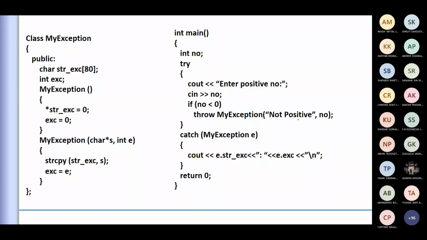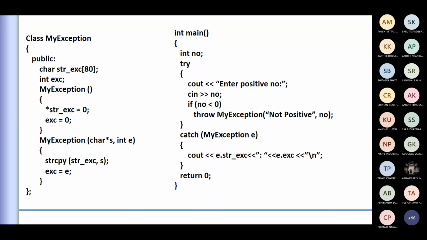Now what happens is this is your created object of MyException. You directly call the constructor method and pass the string, because this is the statement it is going to execute. And what is this number? Say for example I've entered -1 or -2, so it will say not positive and it will say -2, because that is how you're writing it here. That will be stored in this particular value. When you throw this, you created this object dynamically and pass it to this here.